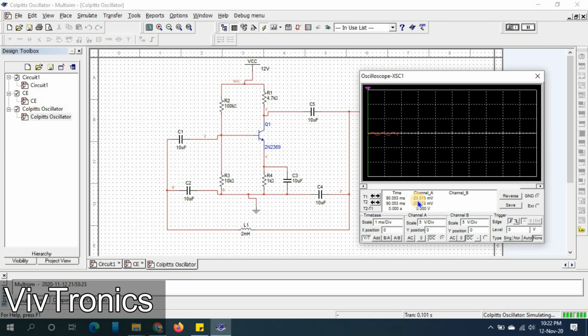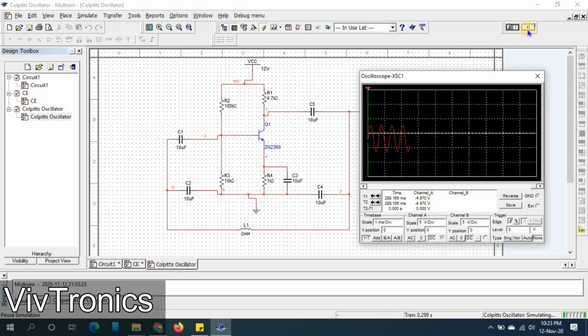Here you can observe the voltage is increasing. This voltage will increase gradually and become constant at some point. So we have to wait until the magnitude becomes constant. Now the amplitude is constant.